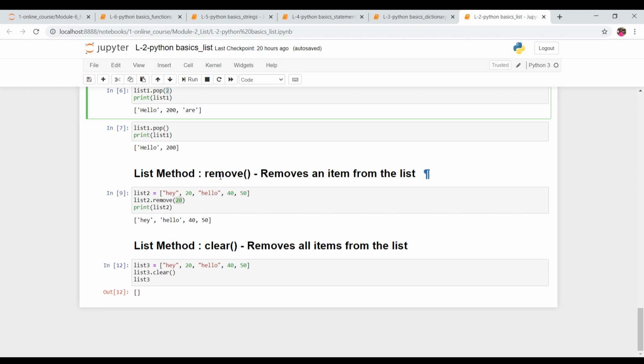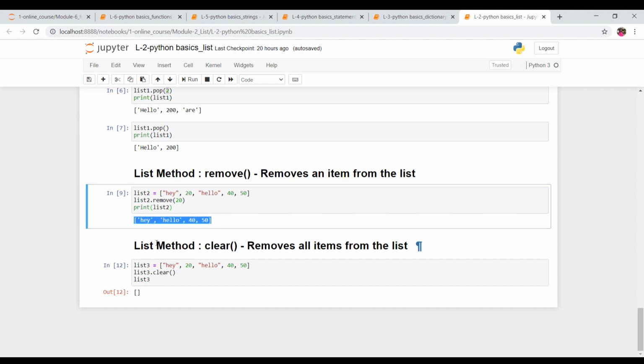But when you want to use remove, you need to write the item name, the element name from the list which you want to remove. So 20 is there, right? What I'm telling here is, from this list 2 I want to remove this element. After that, when you print the output, this is what you'll get.